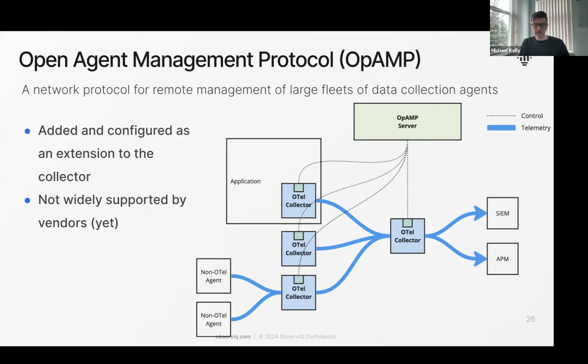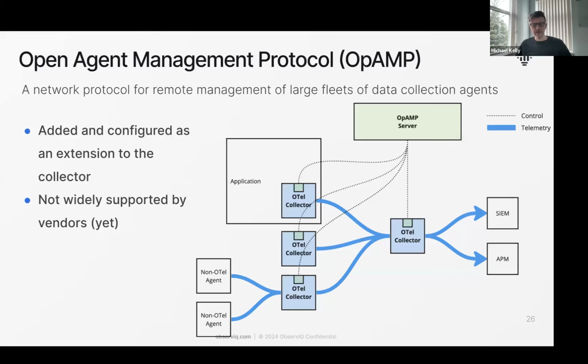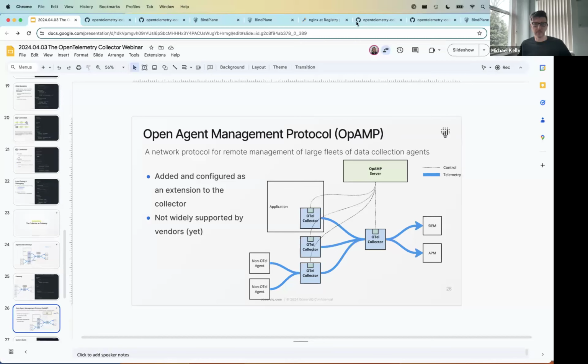And because the complexity of this can get pretty high when we're dealing with a lot of agents, and also the pipeline complexity starts to increase, having that ability and visibility to be able to go in and make changes on the fly is really powerful and can be, I think, critical at a certain scale. And I can show an example of this in action to give you a sense of what that